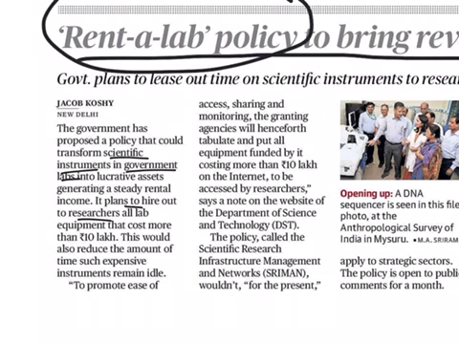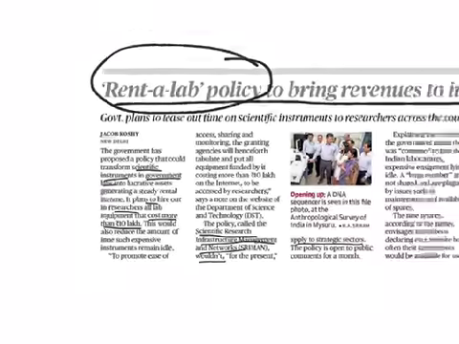The first thing is they were giving the items which are more than 10 lakh. Remember this factual information. The instruments which cost more than 10 lakh only, they were giving to researchers. And the second thing is the scientific research infrastructure management and networks would not apply to strategic sectors. This can be a point in your prelims. This can be applied to strategic sectors even. Presently, this is not applying to the strategic sectors. And the third point is